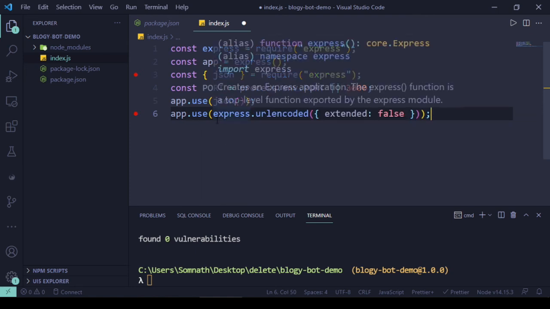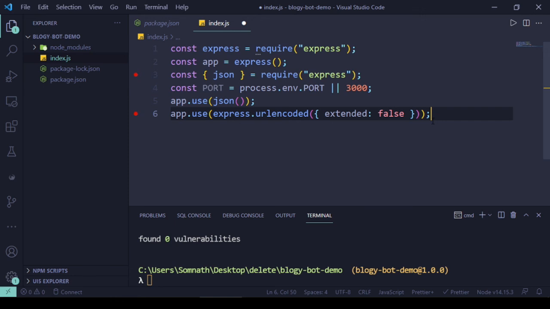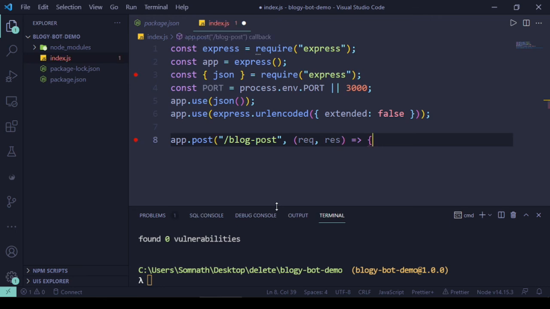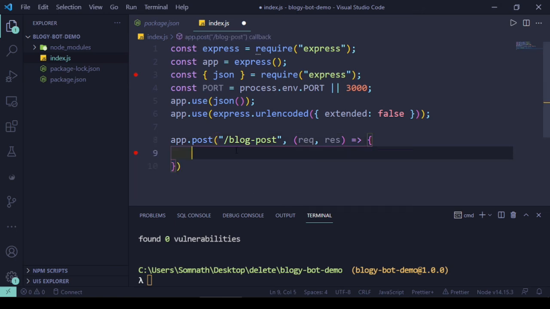This is for ensuring that whatever URL the user enters, I'll get it from the request body. Let's now create the route. So this route means this blog post is the endpoint. From CAI, Conversational AI, when I make a POST call to this particular server, this route will be triggered.